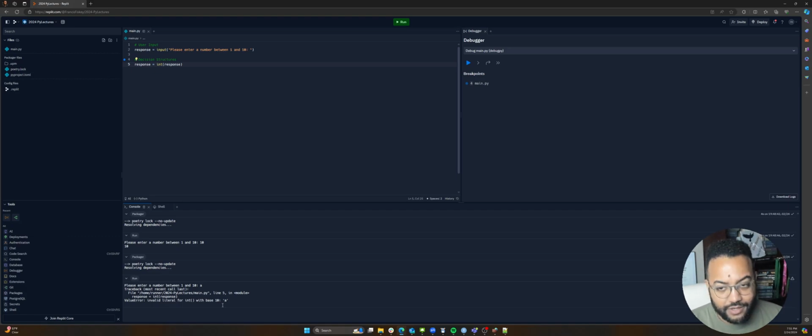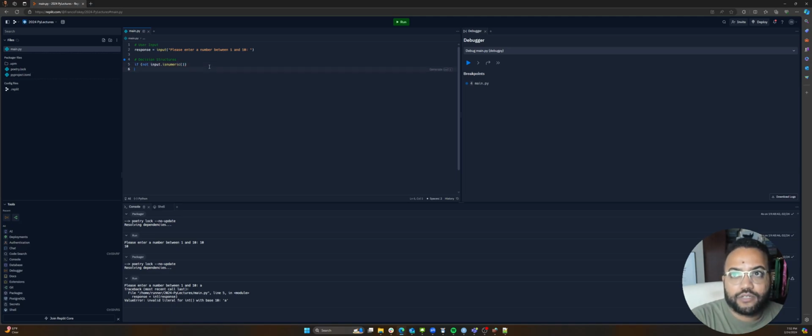is not elegant. So in the event that the user gives us a response we don't want, in this case an alphabet or a symbol, we can use the isNumeric function to find out if they're giving us the right thing. So before I do any casting, in this case I'm casting the response string to an int so I can check to see if it's between 1 and 10, well, what I want to do first is, if not input, or yes, if it is not numeric,